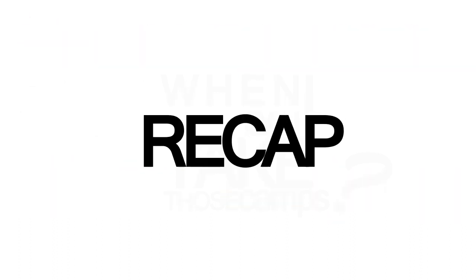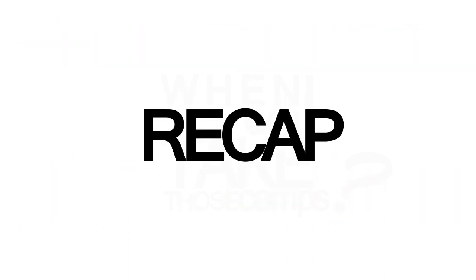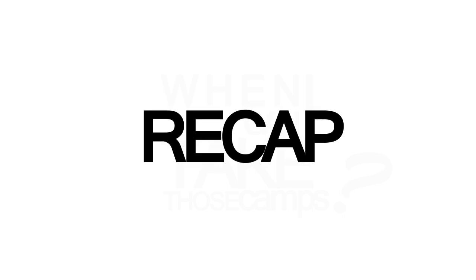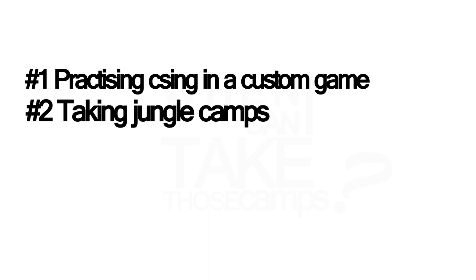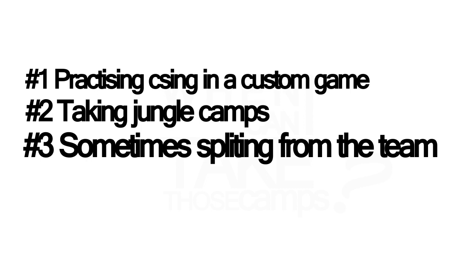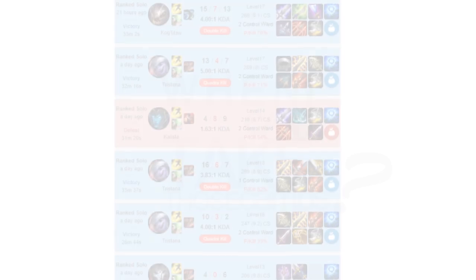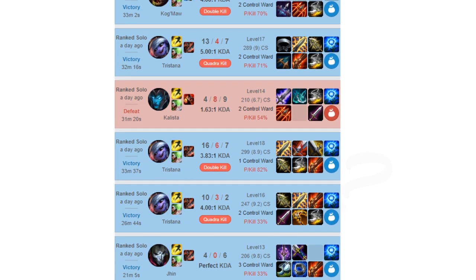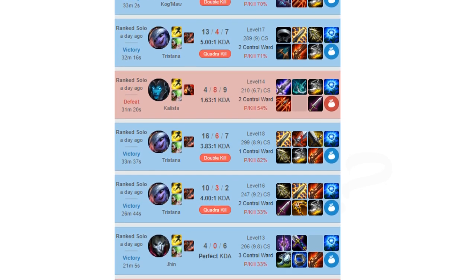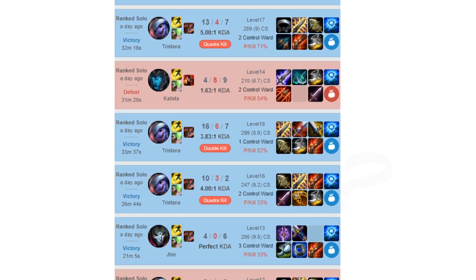Recap. So in the end, three main things that might help you improve your CSing are going to be practicing CSing in a custom game, taking your own jungle and enemy jungle camps, and sometimes splitting from your team actually helps more than grouping. And basically these are the three main things that helped me to get those huge CS a minute numbers. I do hope that at least something in this video was useful for you